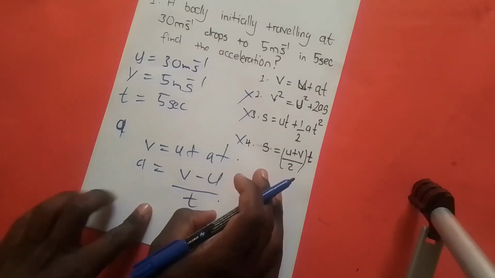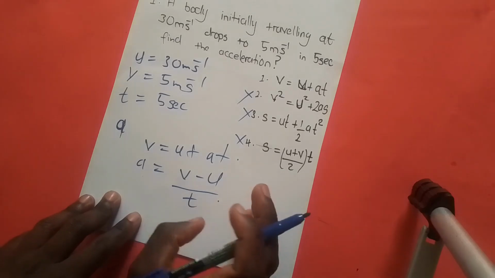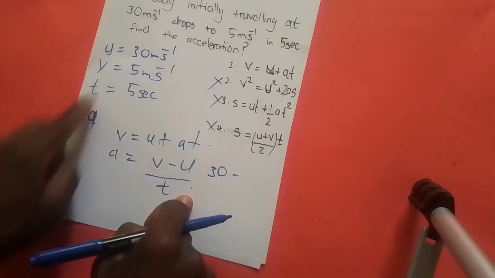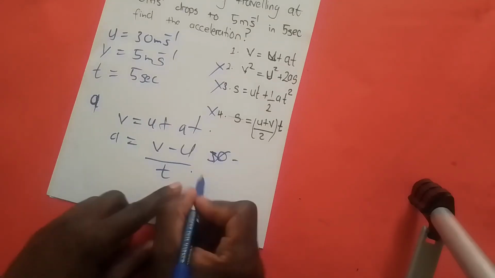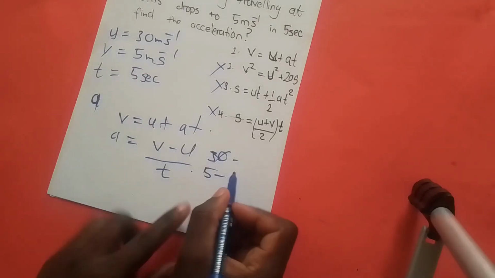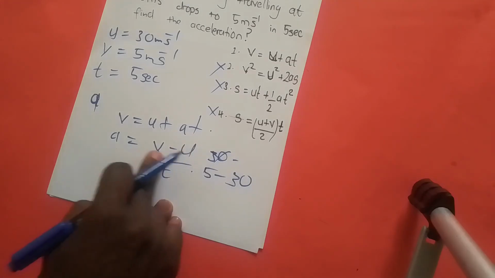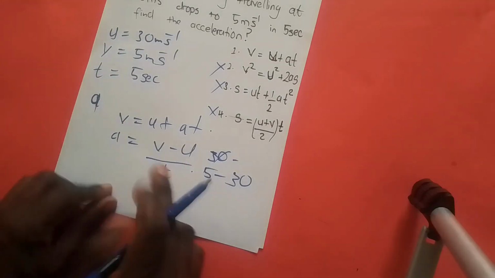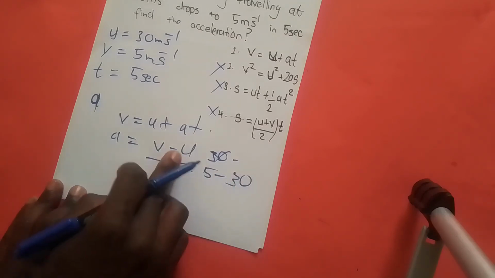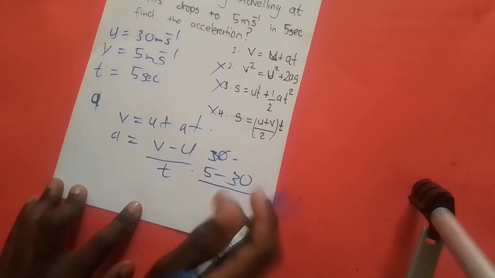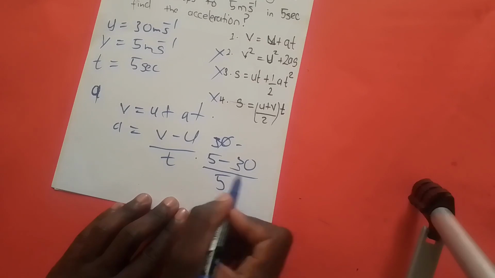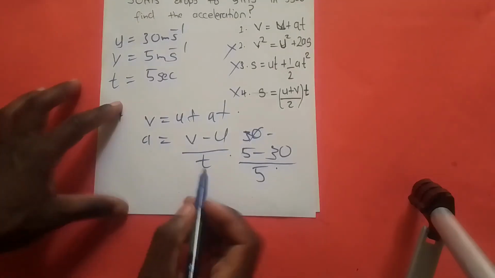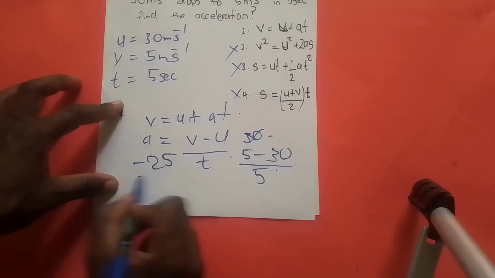So now you just need to plug in the values. What is v? The final velocity is 5, so 5 minus what? Minus 30. v minus u is 5 minus 30, right? And t, because the equation says a is equal to v minus u over t, divided by what? By the time t, which is 5 seconds. Therefore, 5 minus 30 is equal to negative 25, negative 25 divided by 5,